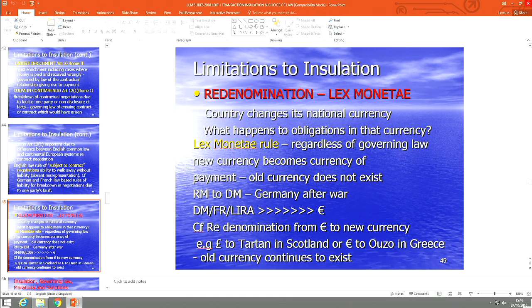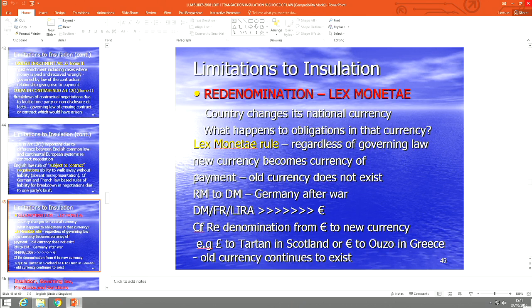Now, pound sterling is the currency of Scotland at the moment. Assuming Scotland leaves, what happens to obligations of Scotland denominated in pound sterling? Once again, you're back to the lex monetae rule. So what does this lex monetae rule say? What the lex monetae rule actually says is that if